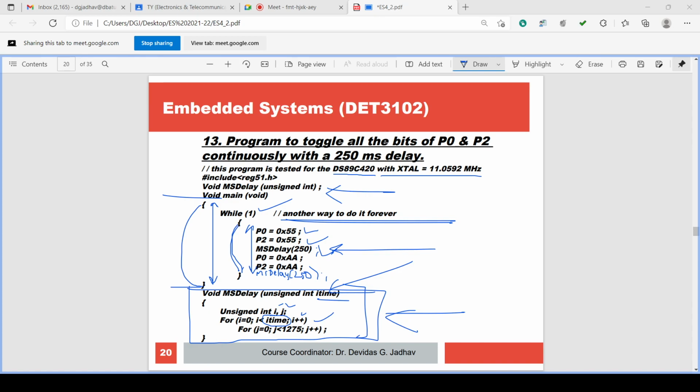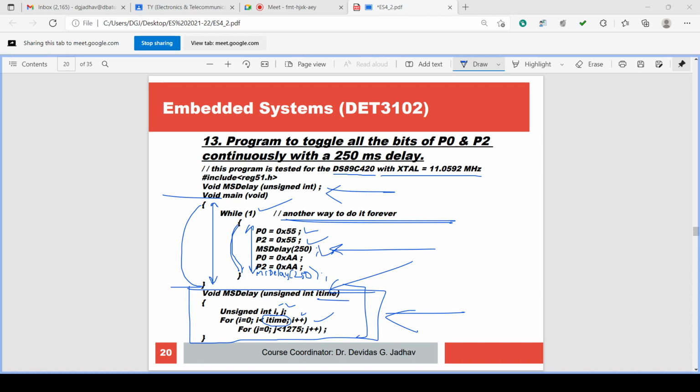Even though the bits of P0 and P2 are once 55, next AA, once they are 0101, next they are 1010, then again 1010, again 1010, we are not able to observe it as 0101 and 1010. We are observing it as 11111111.